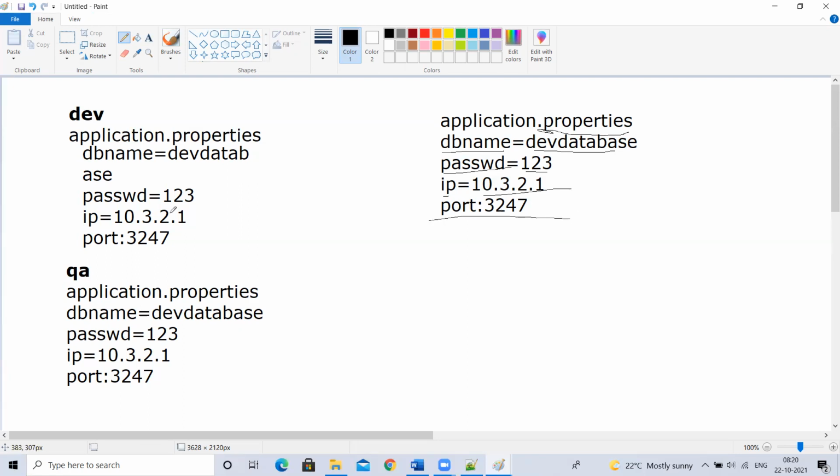Now I have the dev folder, and inside that application.properties is there. I have the QA folder, and inside that application.properties is there. But what I do is just change the IP addresses and passwords. I'll keep the keys the same.